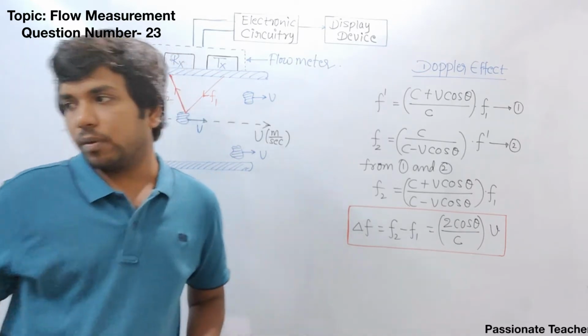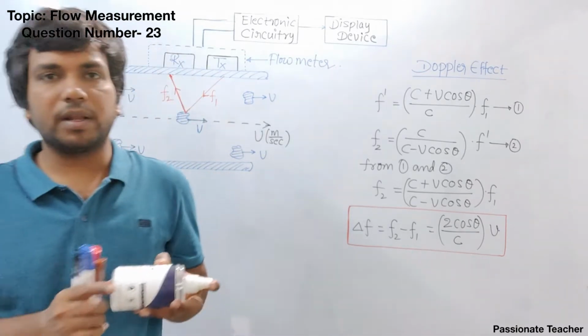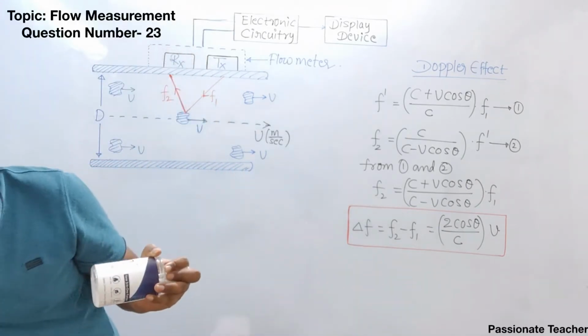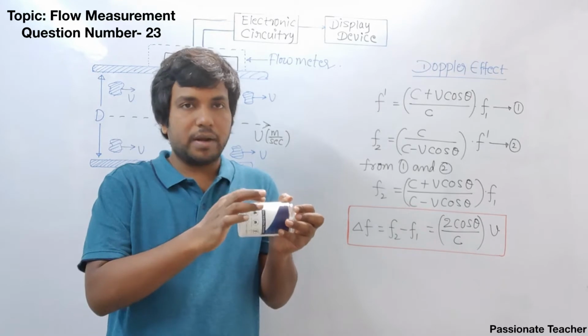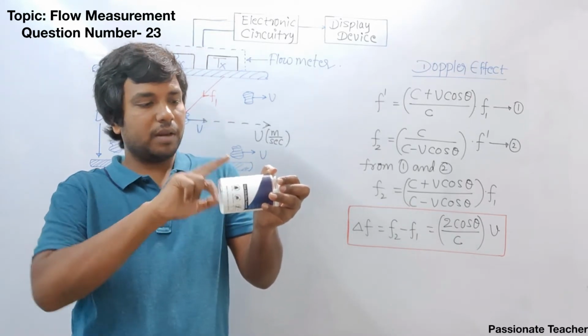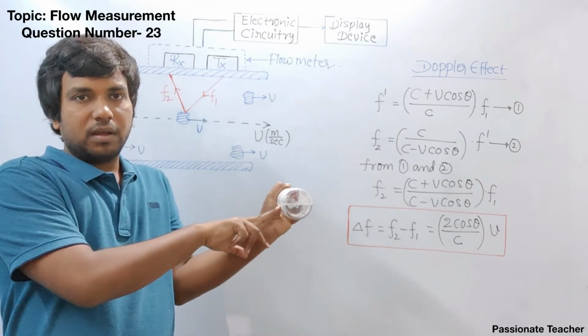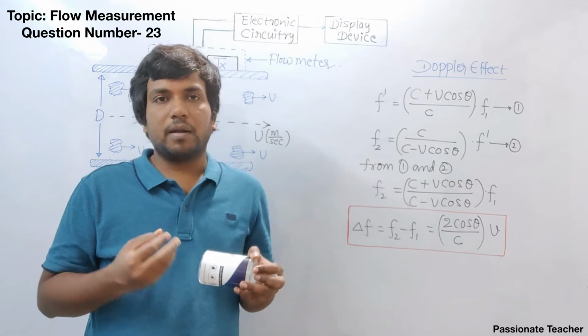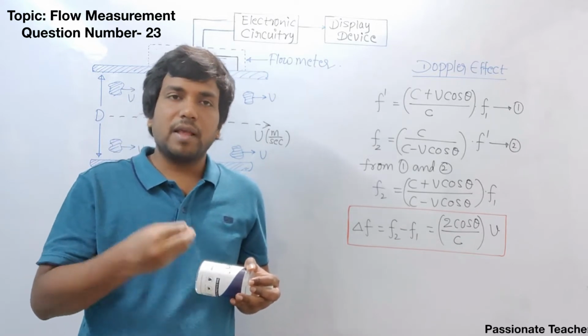Now, how we do this in this case is, we are going to have a cylindrical pipe like this. Just above this cylindrical pipe we are going to have a transmitter and receiver. The transmitter will be fixed here and the receiver will be fixed at the back side. Both are going to be piezoelectric sensors, and they can transmit the signal as well as receive it.